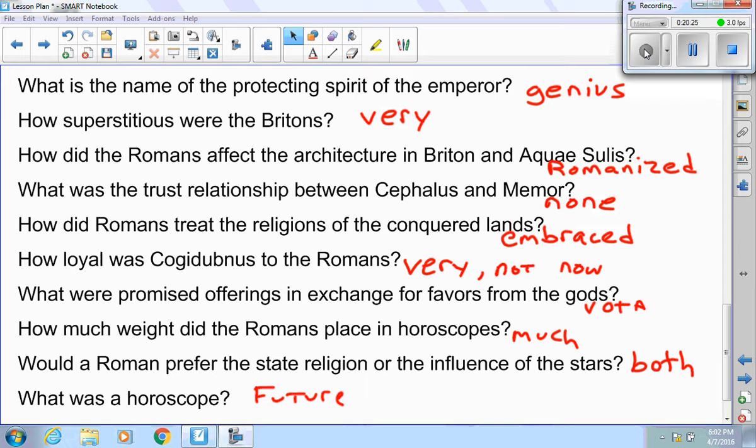How loyal was Cogidubnus to the Romans? Well, at first he was very loyal. The Romans gave him stuff. He's the king. Now, not so much. They tried to kill him. What were promised offerings in exchange for favors from the gods called? Vota. How much weight did the Romans place in horoscopes? Romans believed that the stars in some way affected the outcomes in the world. Would a Roman prefer the state religion or the influence of the stars? Both. They worship their emperor and they look to the stars. What was a horoscope? A horoscope was looking to the stars to tell the